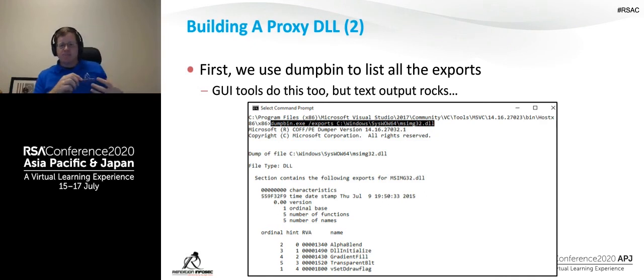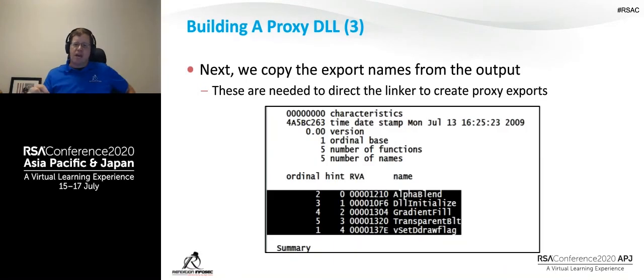Next thing I'm going to do is copy all these export names from the output. Really, I only want the name at the end of it. The ordinal technically helps. The ordinal, for those that don't know, is basically the order in which these functions are exported. And I said a lot, but I said 100 and some odd. Maybe that was WinMM. My apologies here. It looks like I've got 5 over here, but I won't swear that this is the same DLL.